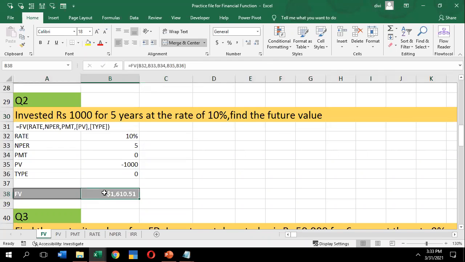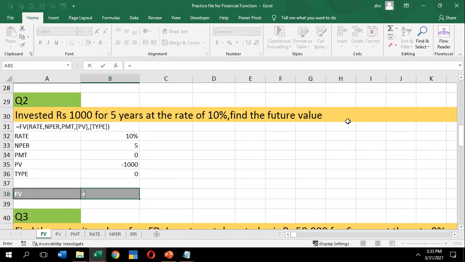So what I want to find, let me delete this. Let me assign here equals FV, future value. Open the parenthesis. What is the rate? It is 10%, comma. What is NPER? It is 5 years, comma.